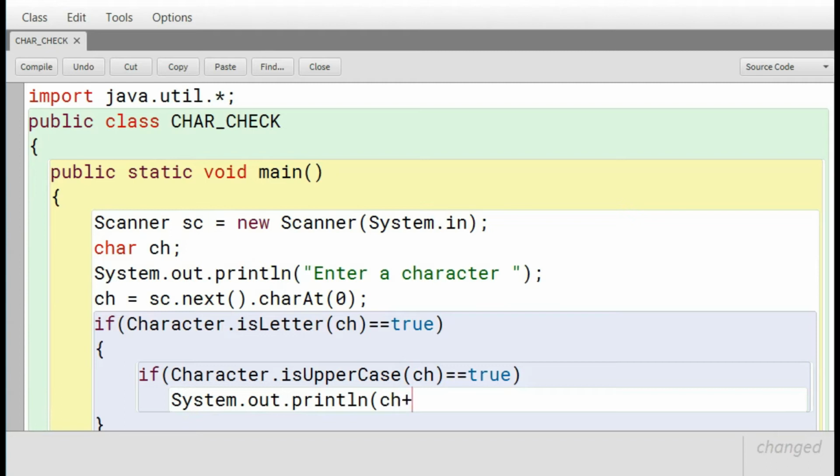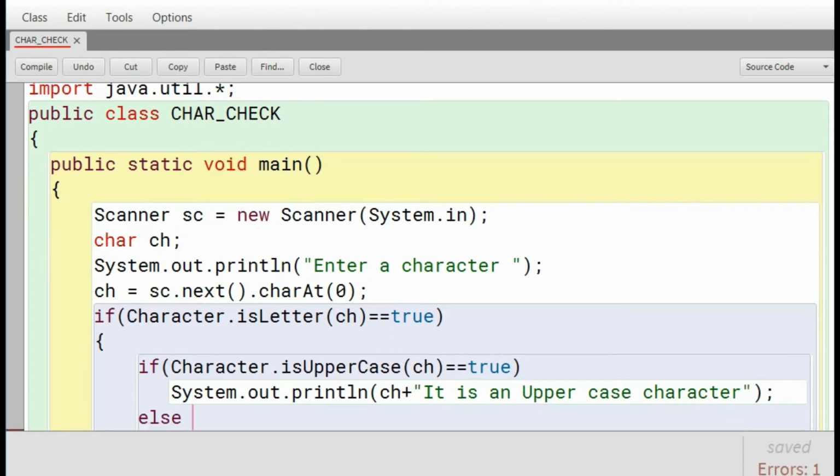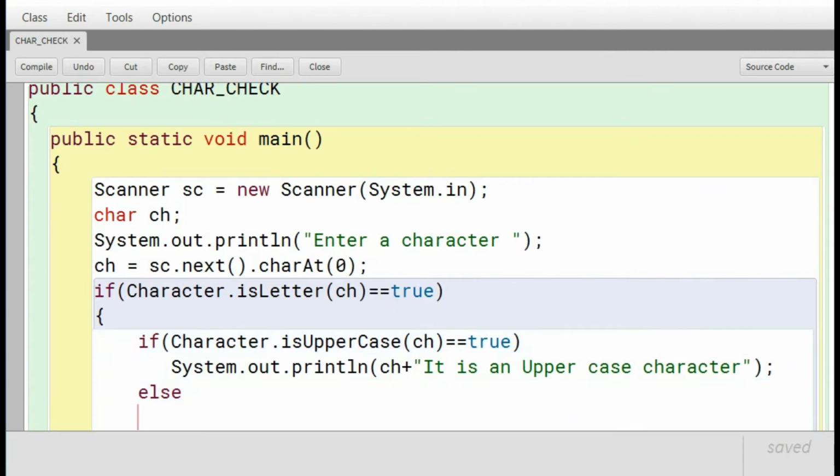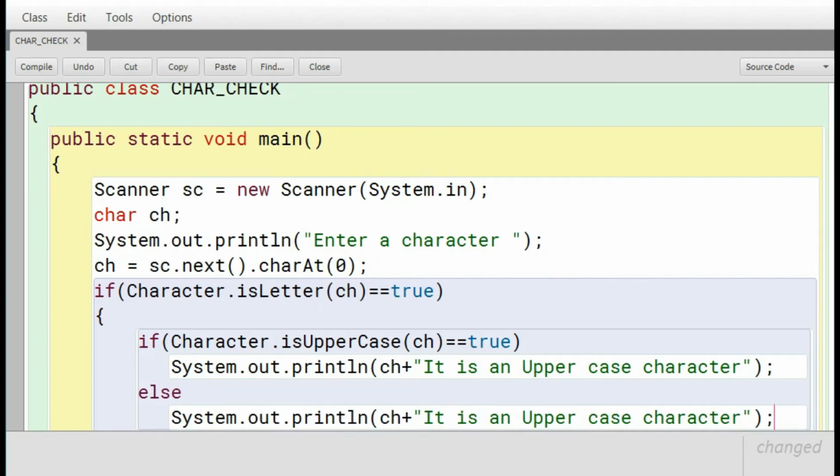First we are going to print the variable ch, then we will print it. And if the condition becomes false, obviously the else part will get executed. So in that case it will just print that the character is a lowercase character. So we have done with this if statement.